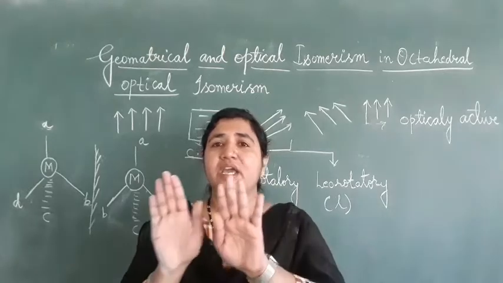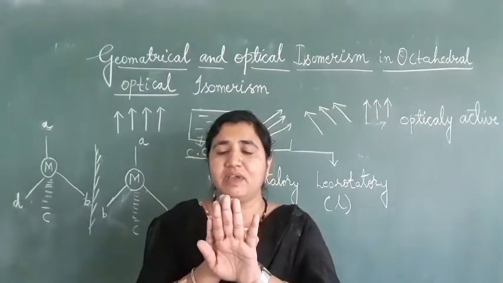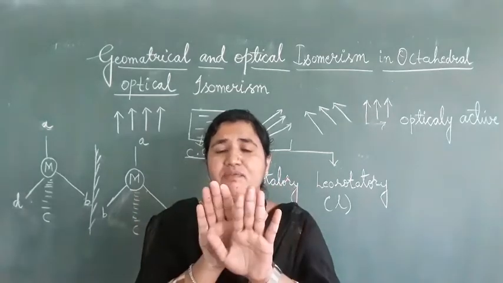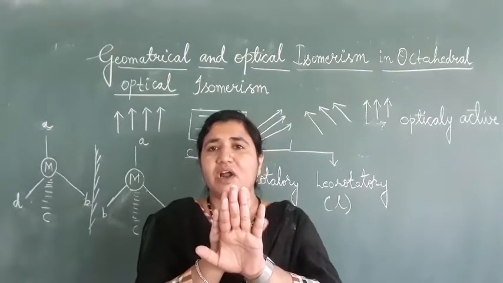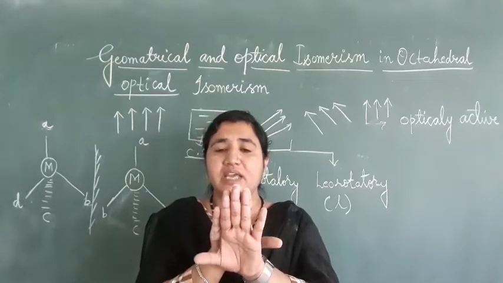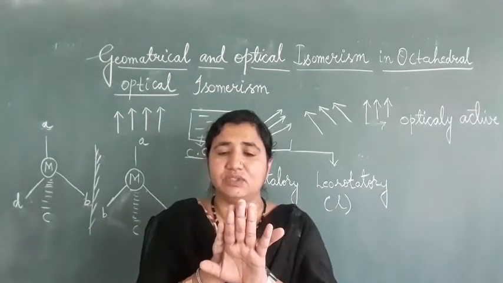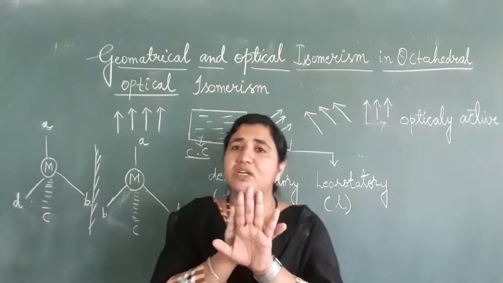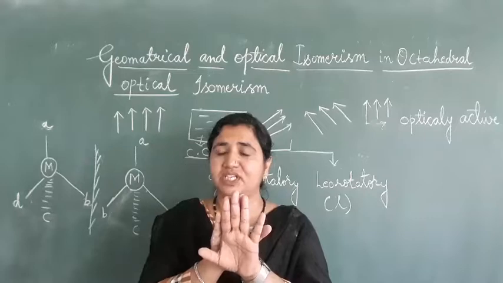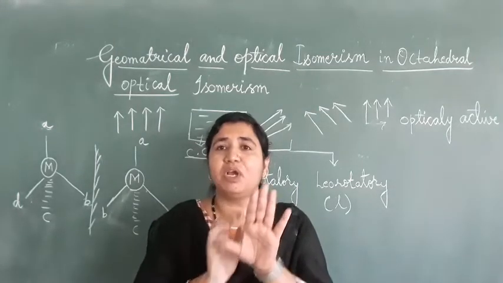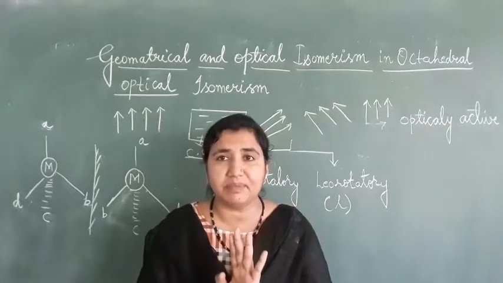How is it? If we cover our hand like this way, this is our thumb. When we cover it here, they will not get covered fully. See, our thumbs are outside. That means they will not cover fully, so it is called non-superimposable mirror images. And why are they non-superimposable mirror images? Because they don't have a plane of symmetry.